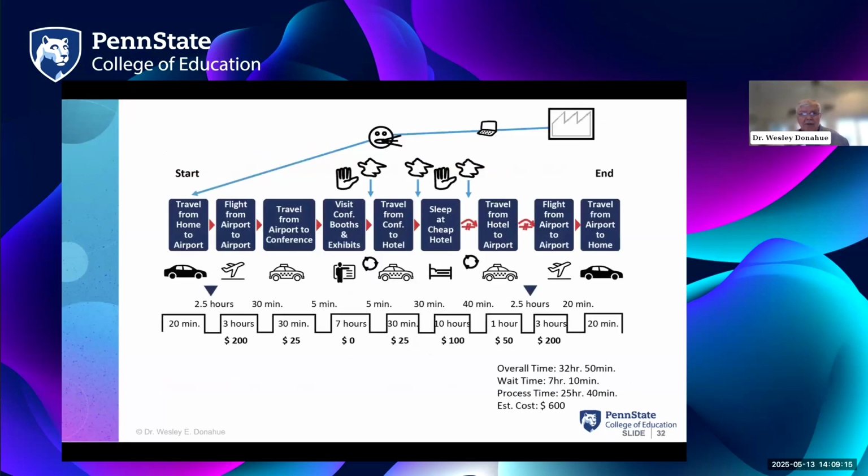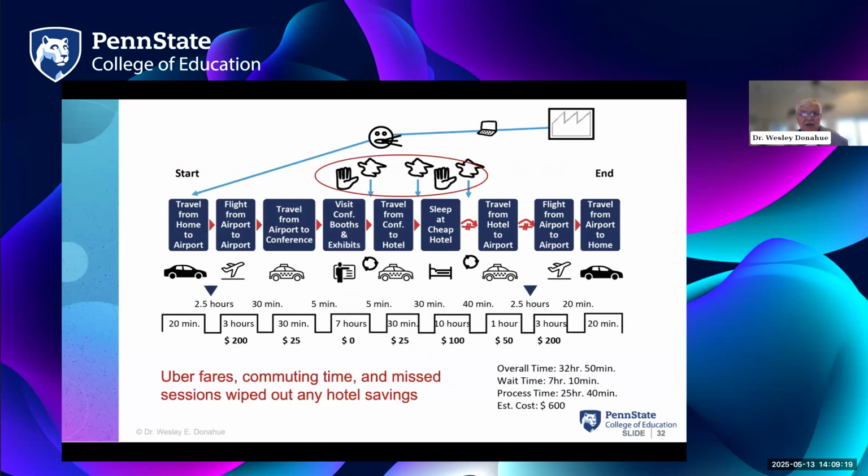So she did. You can see the value stream map that she did. And then you can also see at the top here, here's your problem areas. Visit the conference booths and exhibits. You see storm clouds up above. Travel to the hotel. Sleep in a cheap hotel. Travel to the airport. Well, to hear her talk about it, she lost over 2 hours in commuting